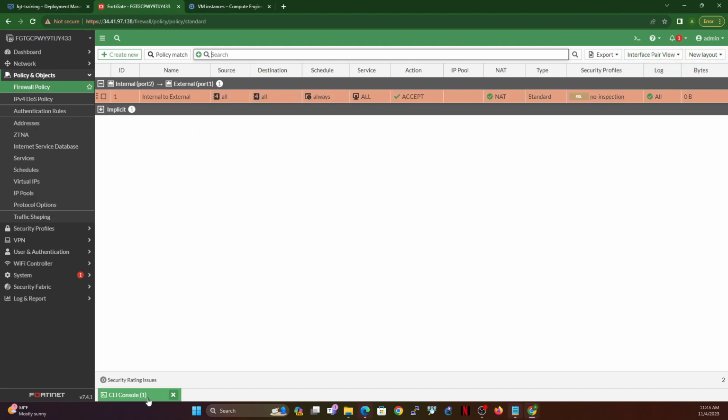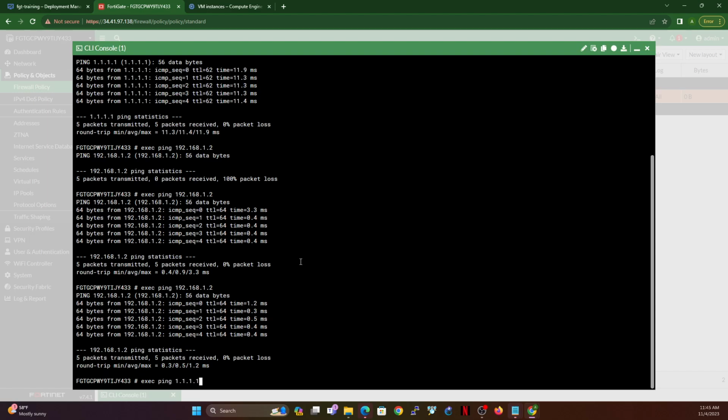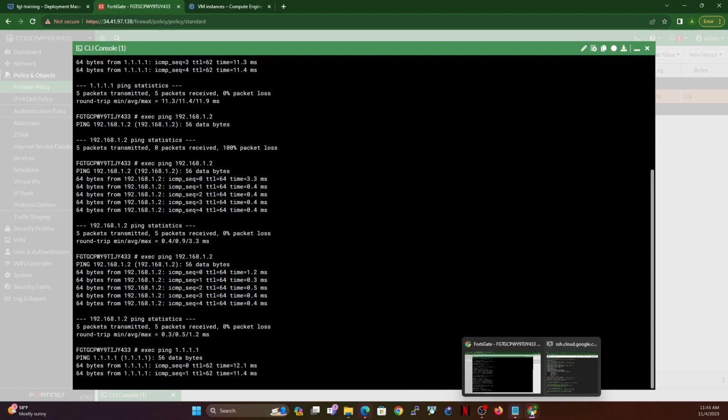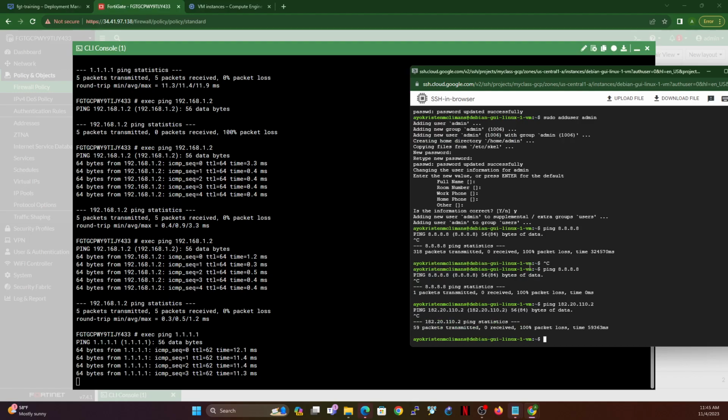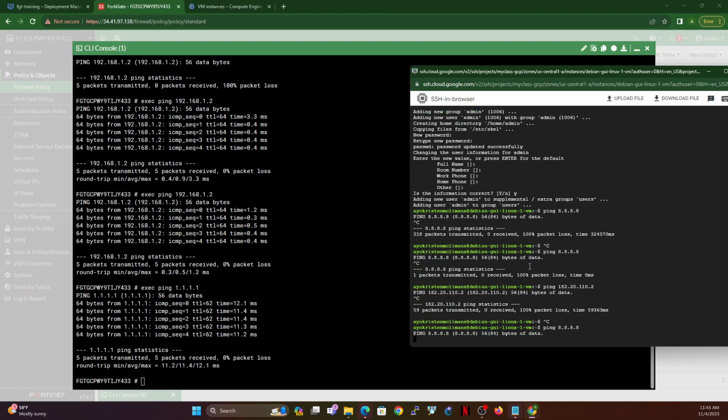Let's see if that works. Do we still have access to the internet here? Yes, we still do. How about here? Let's see. No, we still don't. Why don't we have internet access on this VM? One thing we're going to look at is why we don't have internet access on this VM. But before we do that,